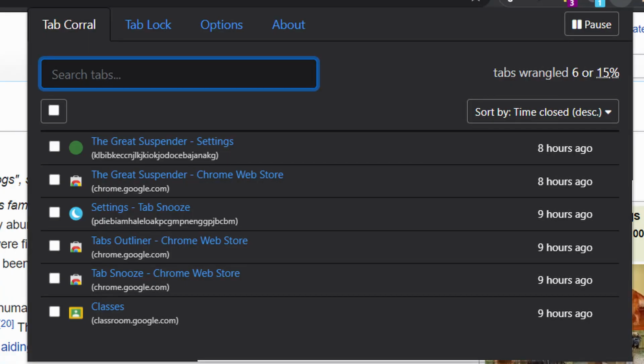If you can open a tab after a certain amount of time using Tab Snooze, you can also close a tab after some time. Right, that's where Tab Wrangler comes to play. It has a curl which closes tabs after a certain amount of time you specified. It does things automatically, so you don't have to open the extension every time you need it. Just customize the extension for you.